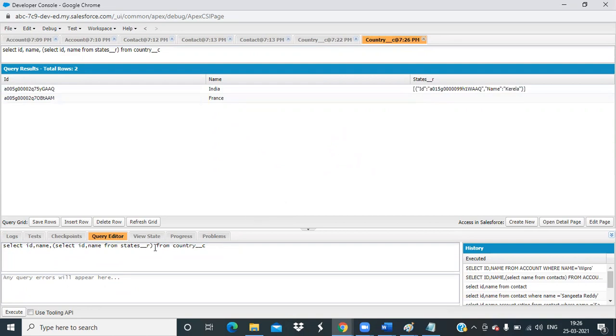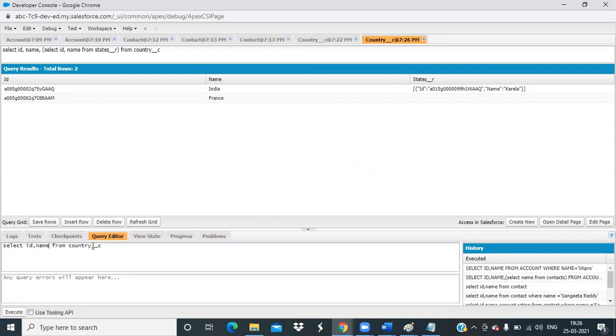Sometimes it's confusing where we should put R. So to avoid this confusion, please write the base query first. This is a base query. It always has underscore C.